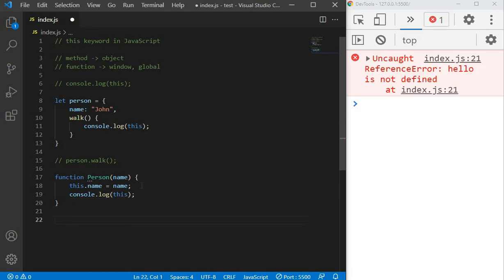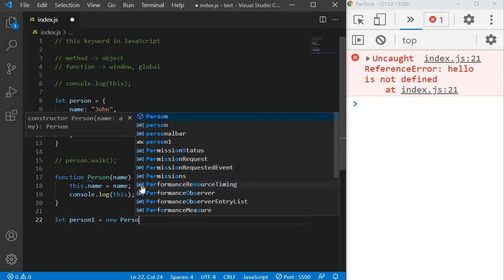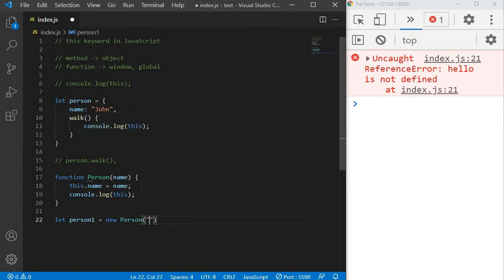And now let's make a new object from this constructor function. Let person1 equal new Person, and let's pass a name over here.